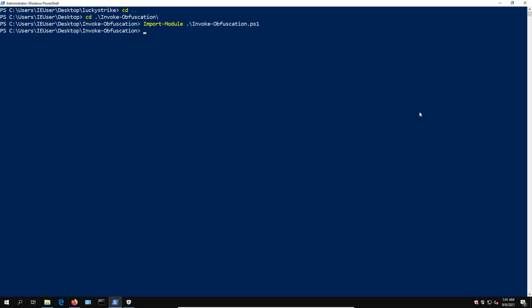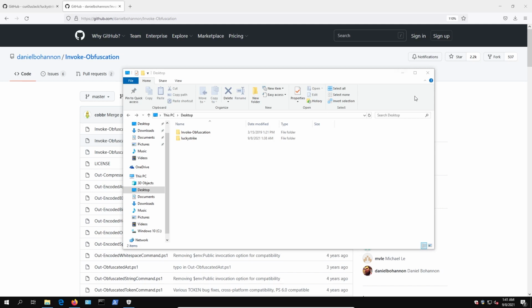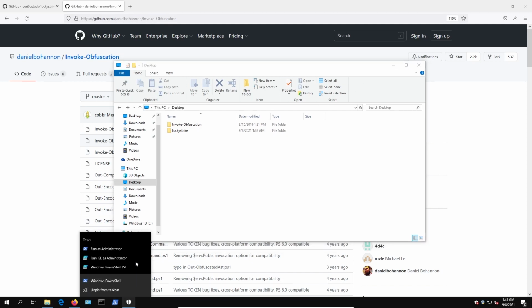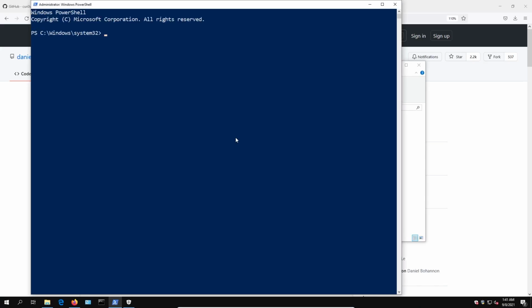And now if we navigate back onto our desktop and we try and utilize Invoke-Obfuscation, or we try and launch it, let me try and type that without any execution there, just simply as the command. Let me just correct that. It should actually load up here. Right, so yeah, we actually need to load it manually. So what I'm going to do is run this as administrator again, and we'll head over into our desktop. So users, IE user and desktop,